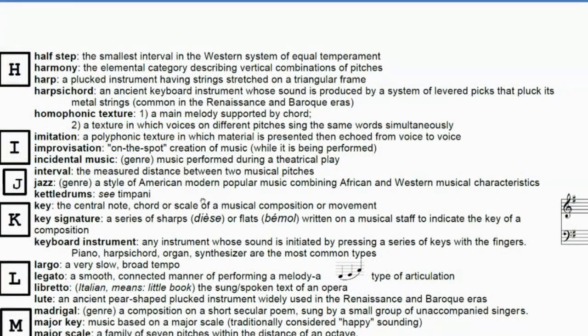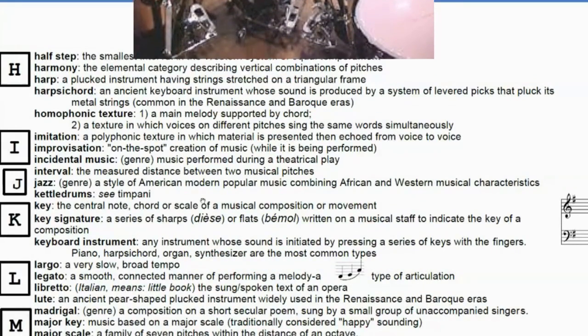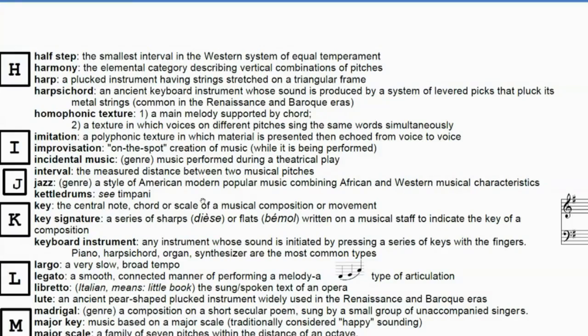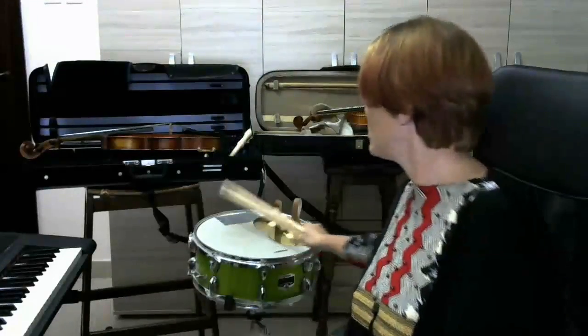Jazz is a genre, a style of American modern popular music combining African and Western musical characteristics. The kettle drums, see the timpani, it's a pitched percussion instrument. Pitched means that it's tuned, so it has a pitch. Oppositionally, if it's an unpitched percussion instrument, let's say snare drum,